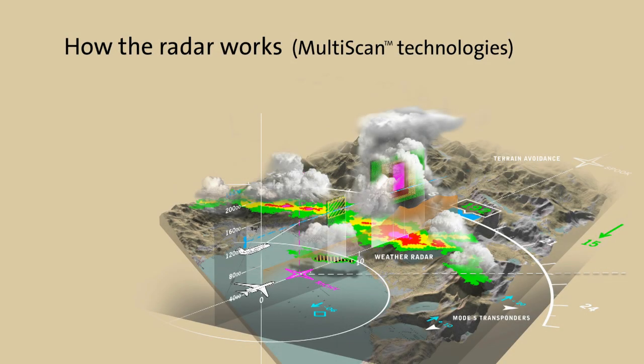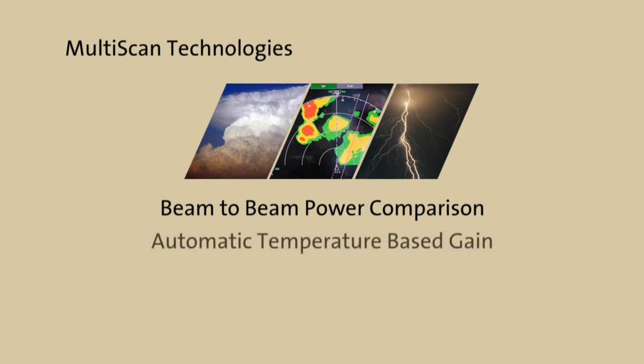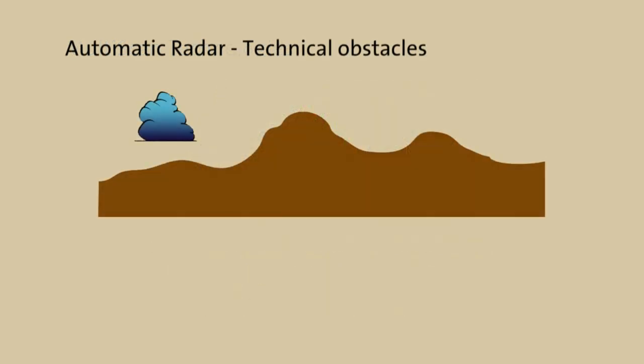MultiScan incorporates more than 15 new and patented technologies to enable automatic radar operation. But the four major ones we will examine here are beam-to-beam power comparison, automatic temperature-based gain, geographic weather correlation, and track-while-scan capability. But before we describe these technologies, let's talk about the technical obstacles that must be overcome to build